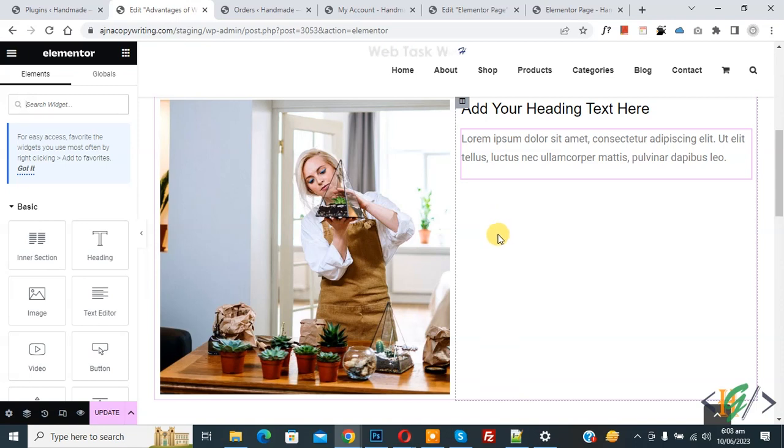Bismillahirrahmanirrahim. Assalamu alaikum. My name is Hassan and today we are going to generate custom CSS code for elements using